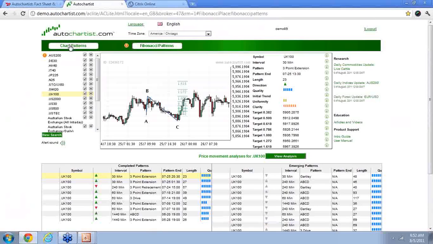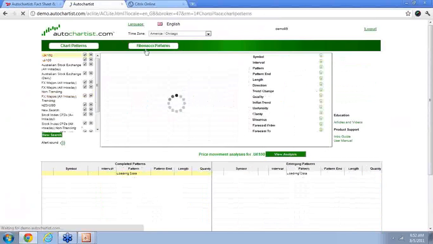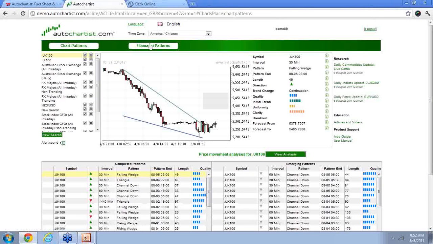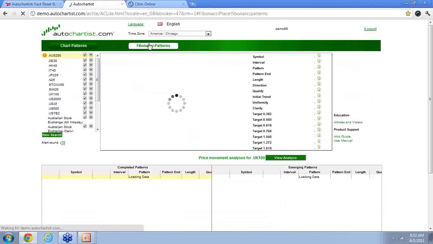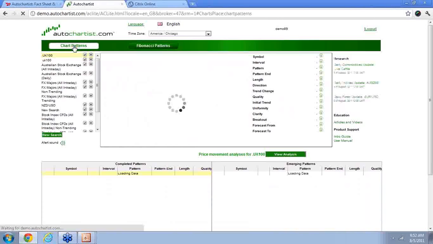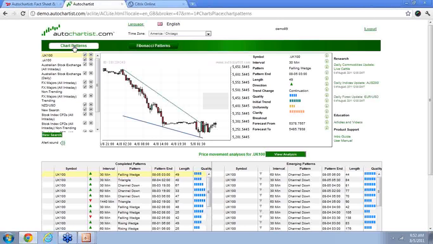What I usually do is I rotate back and forth in my chart patterns once I know what I'm looking for. So in this particular case, I have the screen open, and I bounce back and forth between support and resistance, looking between chart patterns and Fibonacci patterns, and waiting for something significant to show up, an alert to go off to give me an idea that something important is taking place. So because of the way the market's trading right now, we may not see anything in particular